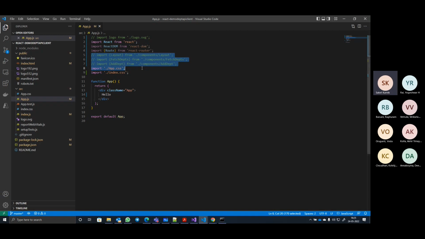Yes. So now first we will start with the component called layout, the structure, how my content is going to be visible. That itself is going to depend on another component called nav menu, which is like a navigation menu, which will allow me to move from one component to another component. Okay, so